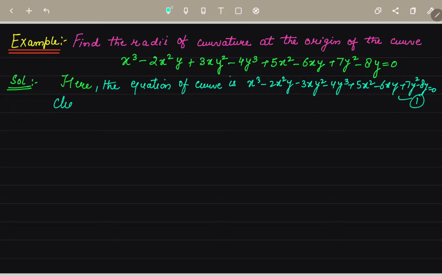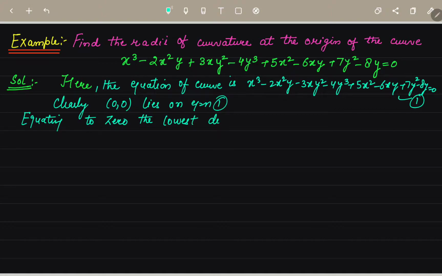So clearly, the ordered pair (0, 0), here x is 0 and y is equal to 0, so clearly (0, 0) lies on equation first. Okay, so now we have to find the tangent. So we will write, equating to 0 the lowest degree terms, the tangent at the origin is given by,